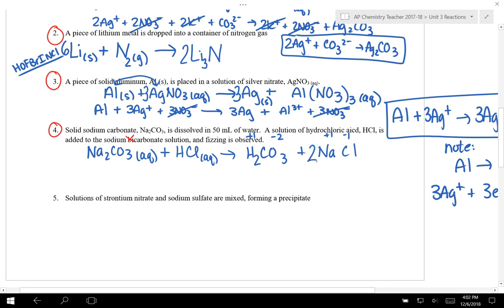Let's stop and balance this. We need a 2 there to balance my sodiums. I need a 2 here to balance my hydrogens. And then I want to look at states of matter. So NaCl, alkali metal compounds are soluble. H2CO3, when I stop and look at this, I should say, hey, wait, this is on my list of gas-forming